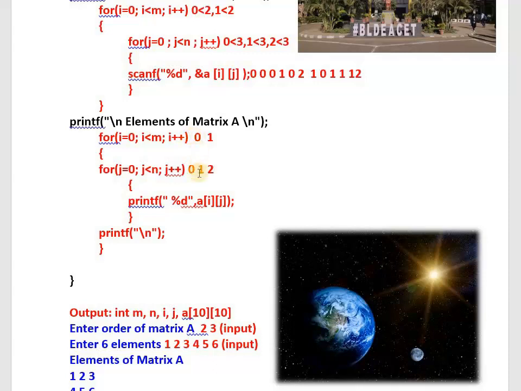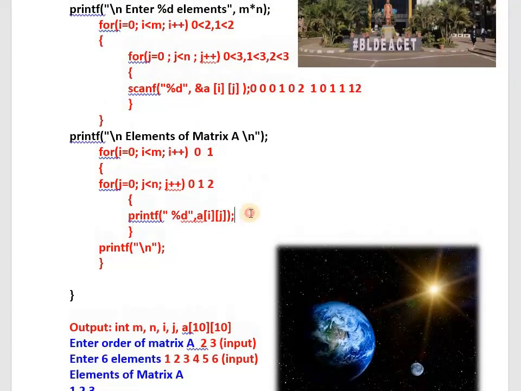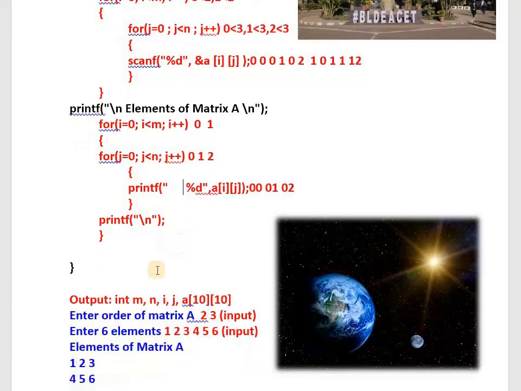The first time, 0 will be combined with 00, 01, 02, which means it displays the contents of the first row from the 2D array. That means 00 will be displayed, 01 will be displayed, 02 will be displayed. After that you can use a space so that we get space between the elements, or you can use \t also. \t means we get a tab gap. The choice is yours. In the lab we use \t, no problem.